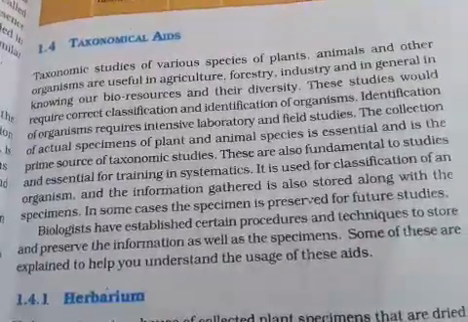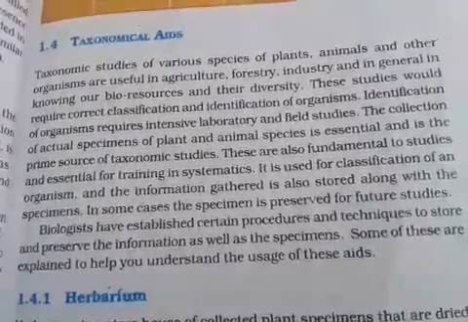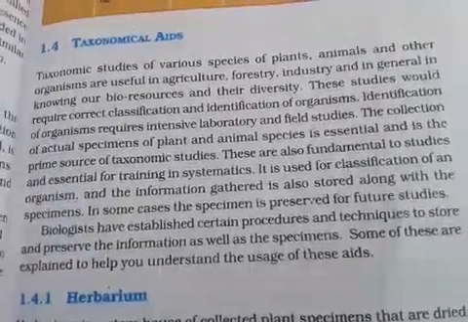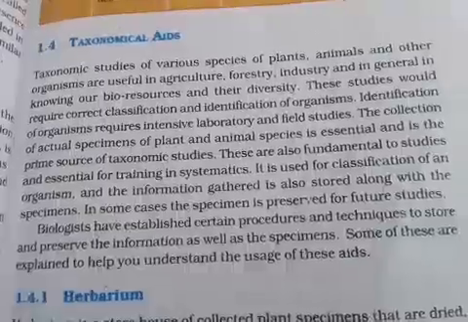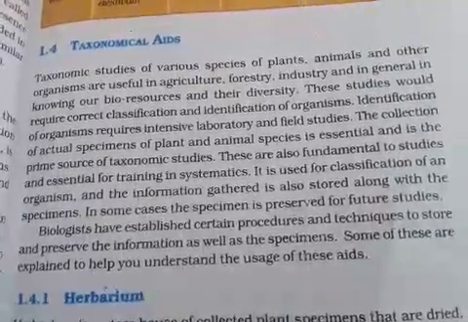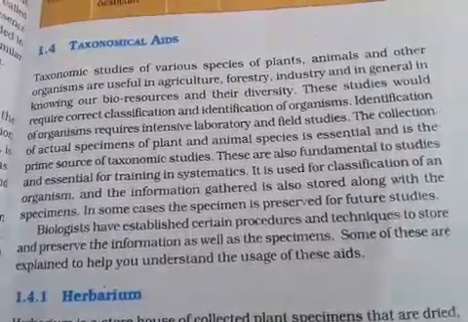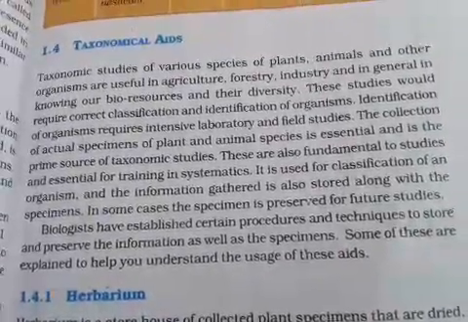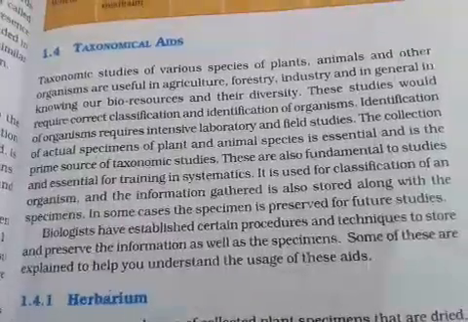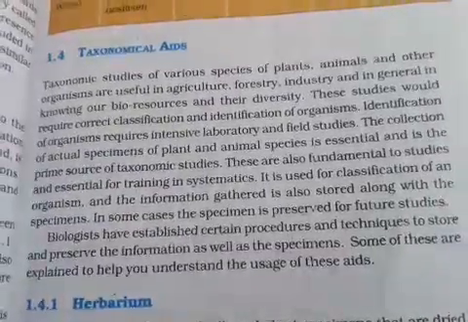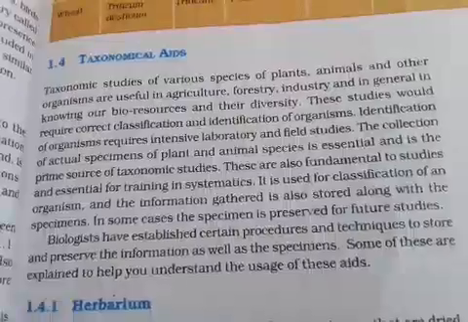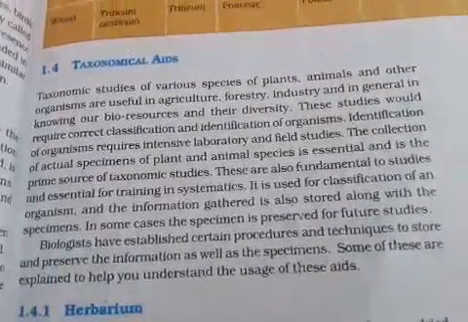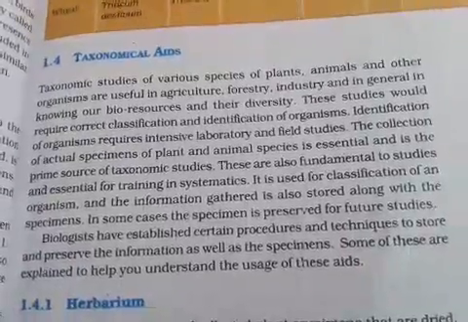So taxonomic aid relates to the process in which we keep a record of the data about biodiversity from various types of resources, which are said to be bioresources in general, from forest, from industry, from domestic or any kind of area. The data collected about biodiversity related to type, variability, number, abundance, richness, any kind of factor, is said to be a taxonomic aid.